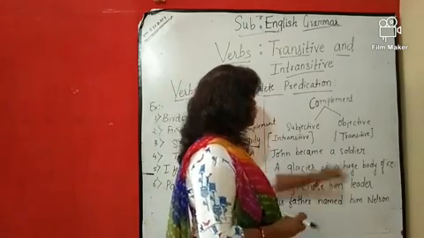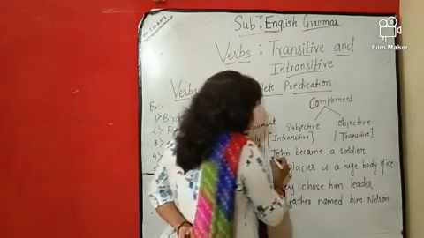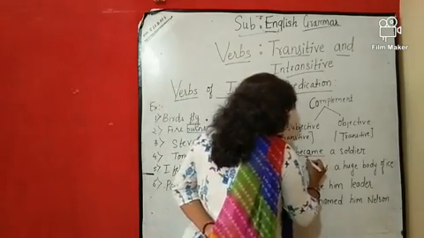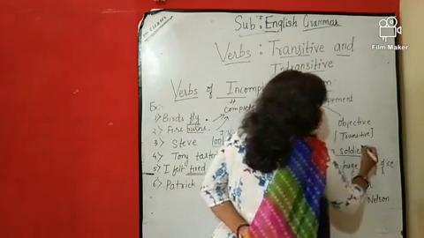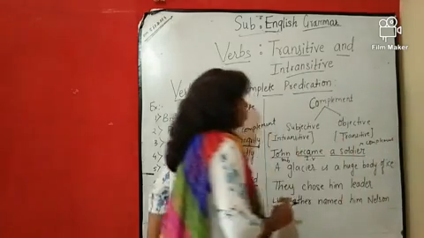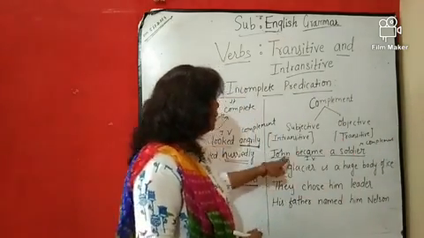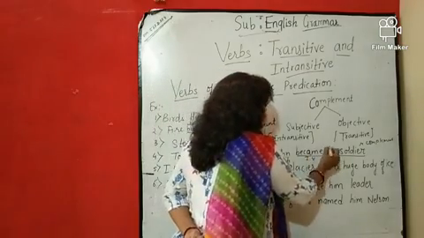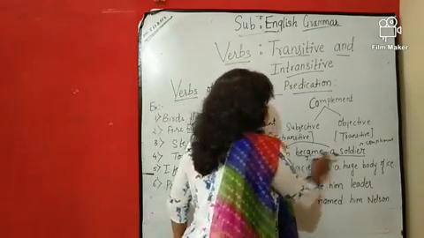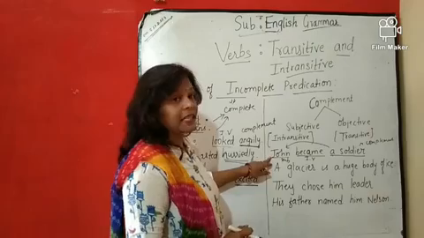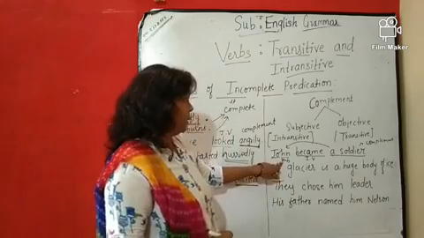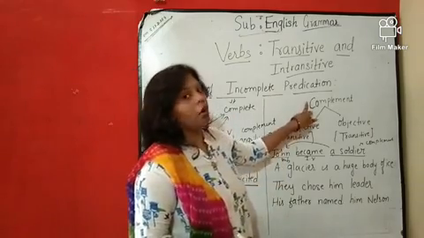"John became a soldier." Now here in this sentence, John is the subject. Became is an intransitive verb. A soldier is our complement. Now a soldier, it is a complement, but ये किसको complement दे रहा है? Soldier कौन है? Soldier is John. It means this is complementing the word that is in the subject place. ये किसको complement कर रहा है? वो John को. John is in subject place. That's why it is called the subjective complement.